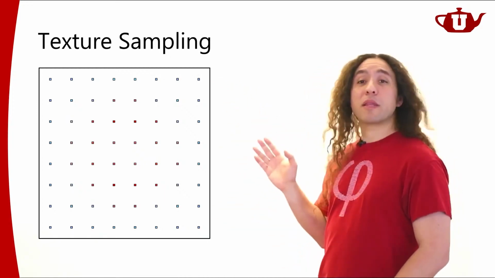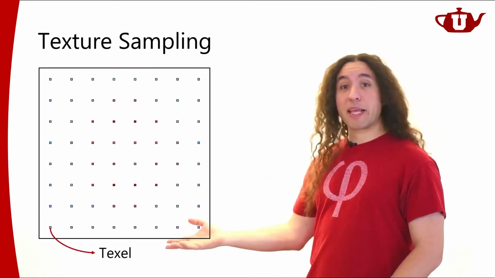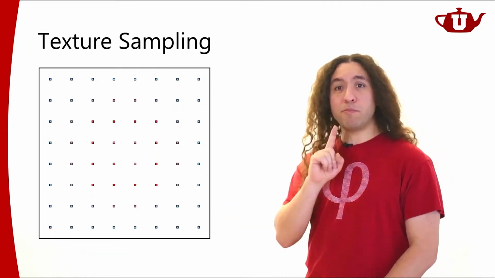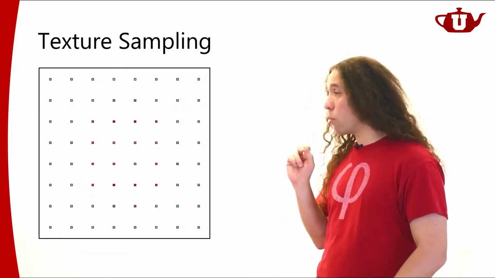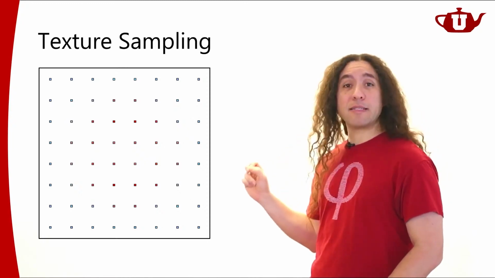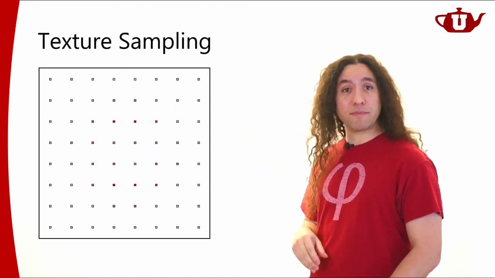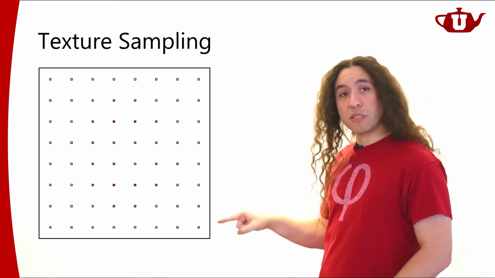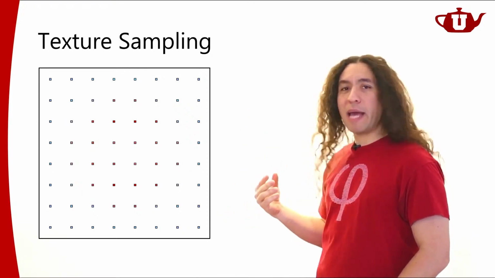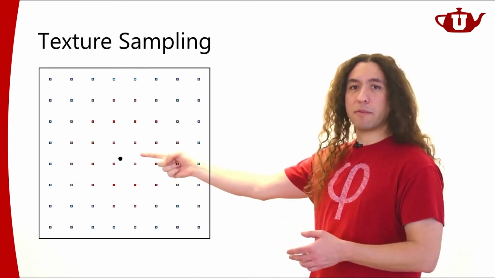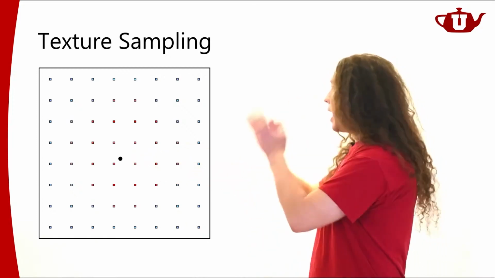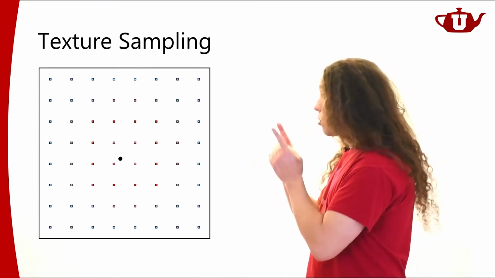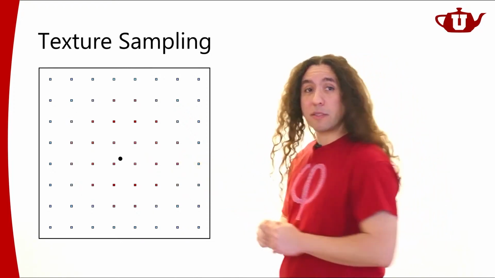So for texture, we call those pixels texels, and each one of them represents a value at a particular point, and that's very important. It's very important to think about texels as point samples in the texture space. So I know the value of this texture at these positions, but if I'm given a random position in texture space, like this one, it does not correspond to any of my texels directly. So I need to figure out a way to compute the color exactly at this point.